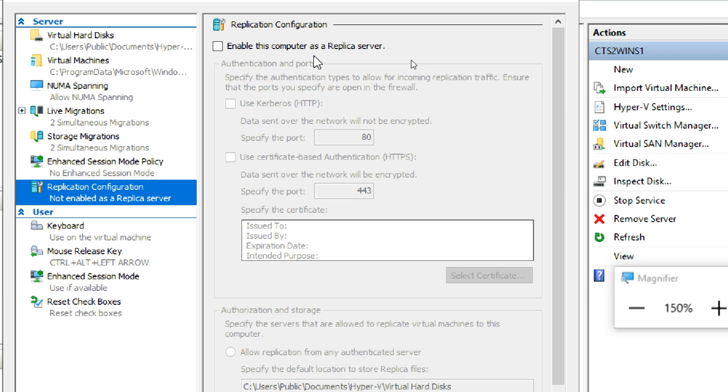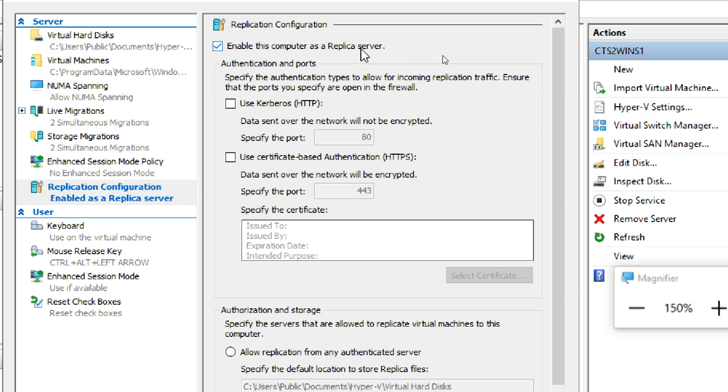Means I have a virtual machine here, and I want to replicate this virtual machine in maybe New Jersey, or maybe New Delhi, or maybe Kolkata, or maybe Russia, or anywhere. So that is called enable this computer as a replica server. So we can put that server in a different location.